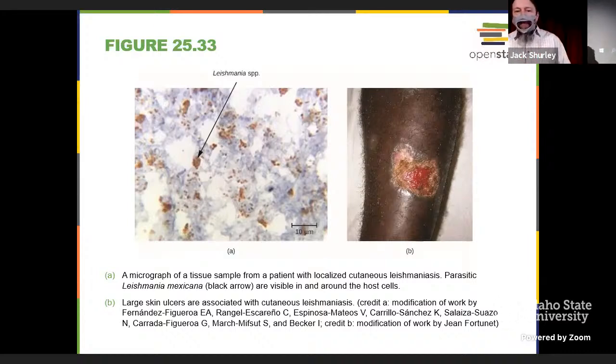So numerous types, some potentially capable of popping up here, not necessarily in Idaho, but Leishmania mexicana in North America, definitely in Mexico, but southern states as well. Texas, New Mexico, and Arizona are all potentials for this. And again, the cutaneous form. So within our circulation, the Leishmania parasites, as they get inoculated by a sandfly, will take up residence in our white blood cells, in our macrophages.